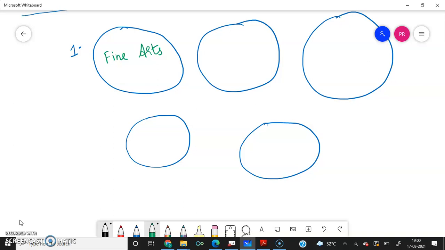The second classification is nothing but humanities. Sometimes you'll have slight confusion between the humanities and social science. We'll see what the finer difference is. So you understand about the fine arts, right? Something artistic, that is a different part of our brain. The part of the brain which is used in the fine arts is different from the humanities. So certain people are very good in this particular field, some of them may be good in humanities.